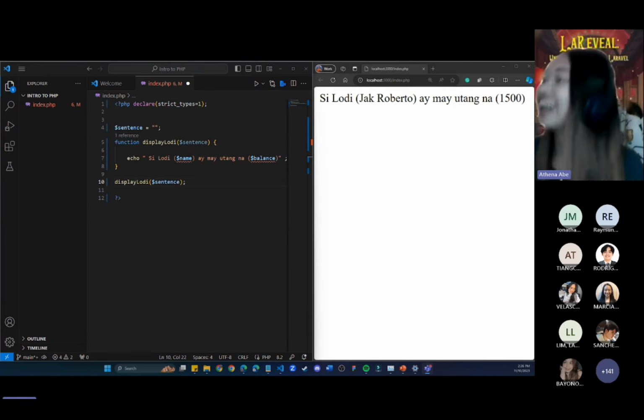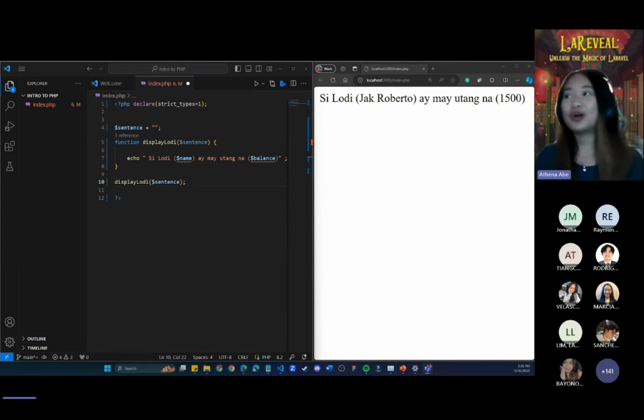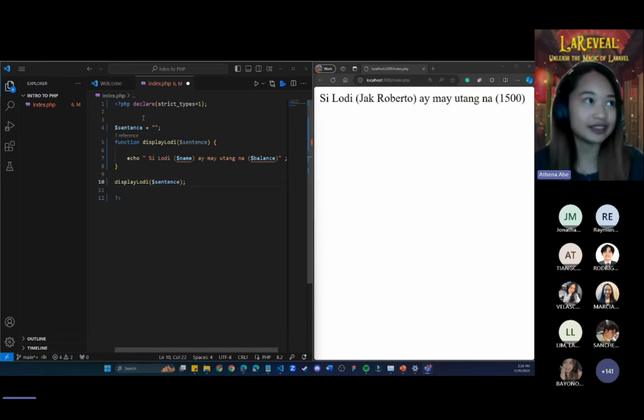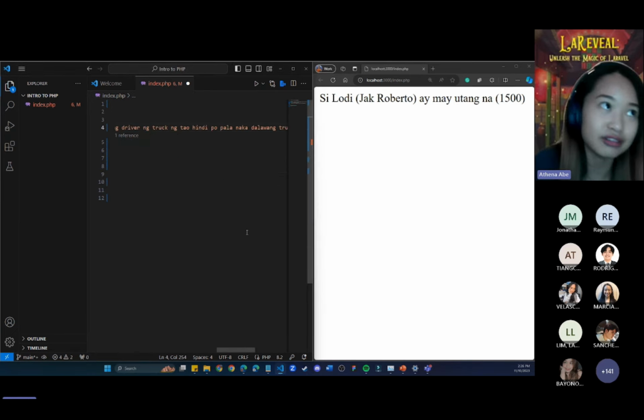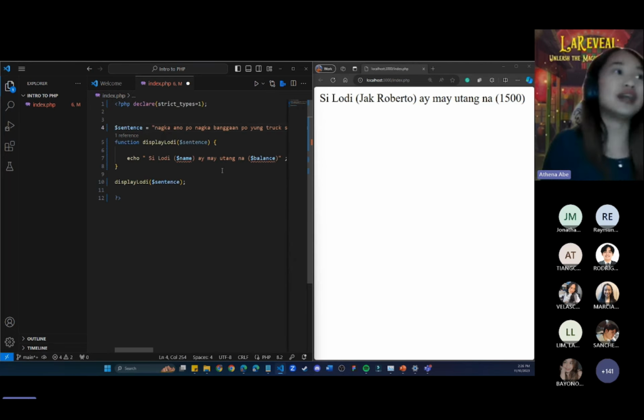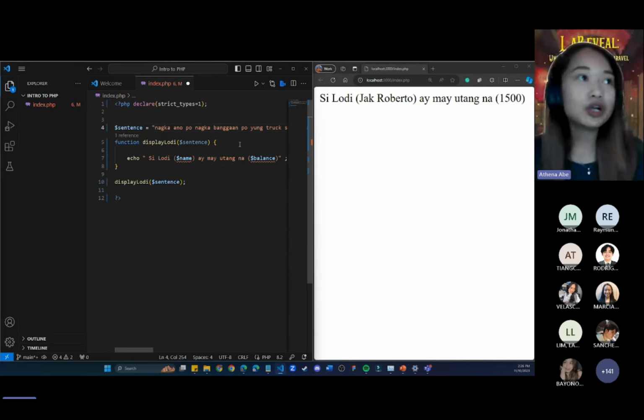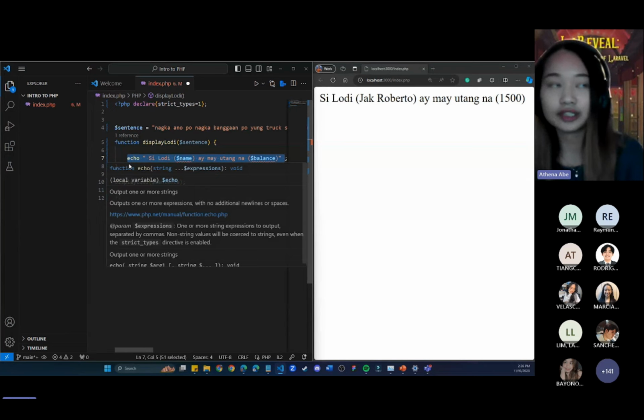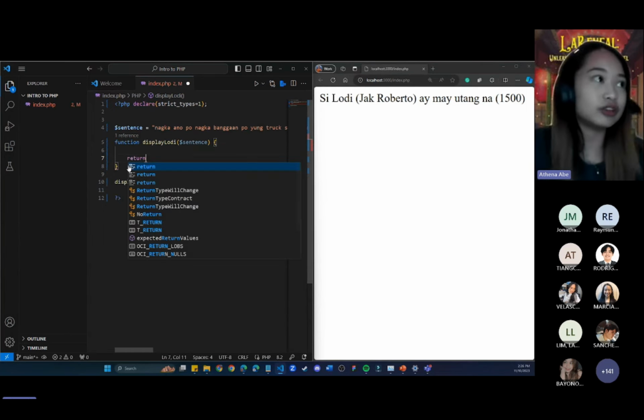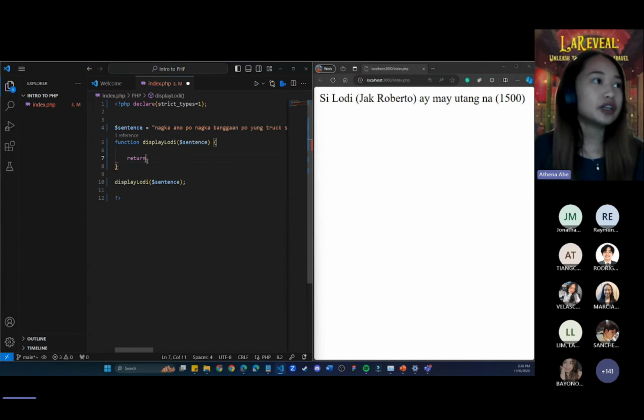Ayan, all right, guys. I think we're definitely having a fun way of learning PHP today, but I think the winner is from Angelo's sentence. At ika-copy paste ko na yan kasi hindi ko kayang basahin. Pero ayan, at napakahaba. And we're going to now use the function with return statement. So gagamitin natin syempre yung technology natin. So with return,